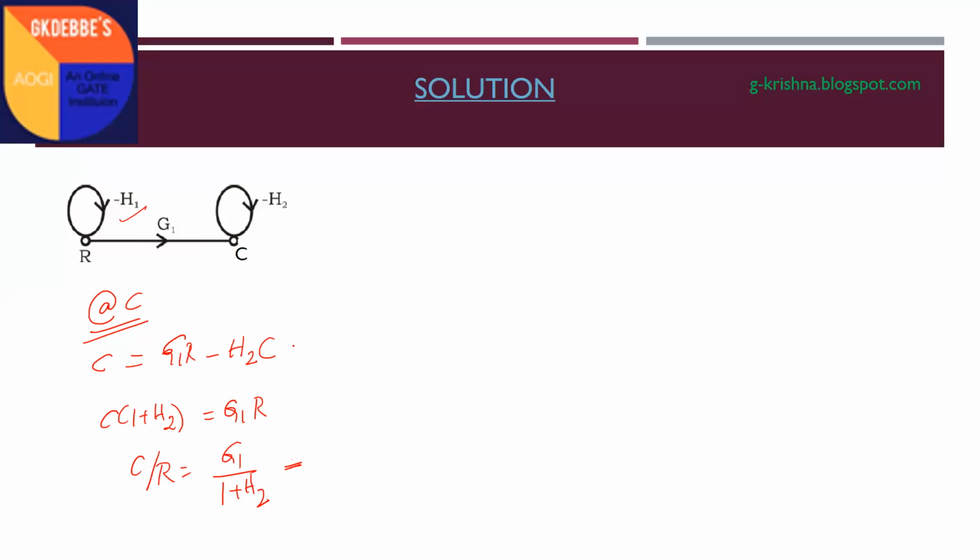Now in writing this equation, we clearly understand that this loop effect is not there on the system equations in finding the C by R relationship. Hence, we can redraw the signal flow graph like this, removing the minus H1 loop. Even if you remove this loop gain minus H1, the system equation will remain the same. But when you remove it, R will be an input node and you can apply Mason's gain formula. How many forward paths are there from R to C? Only one forward path, with gain G1. How many loop gains do we have? Only one loop gain, minus H2.